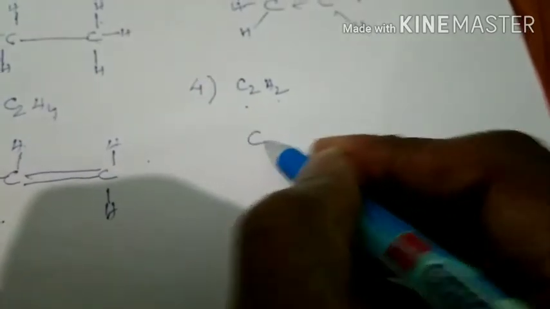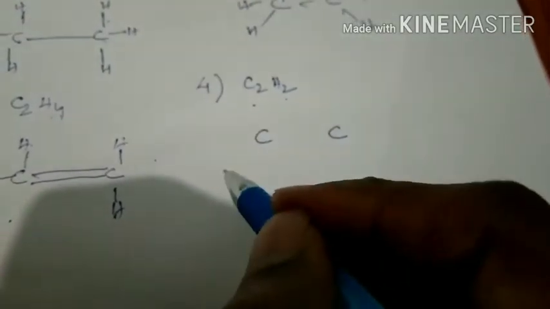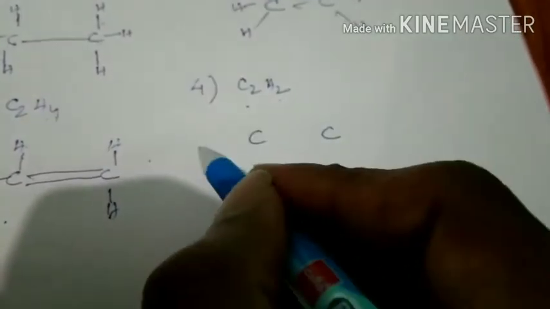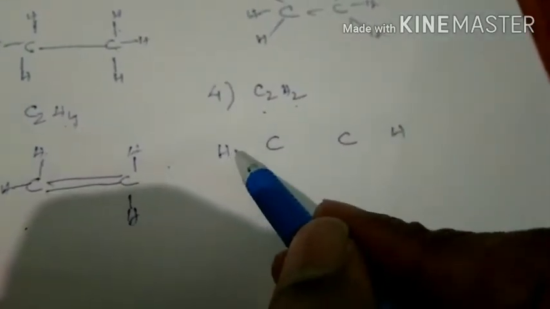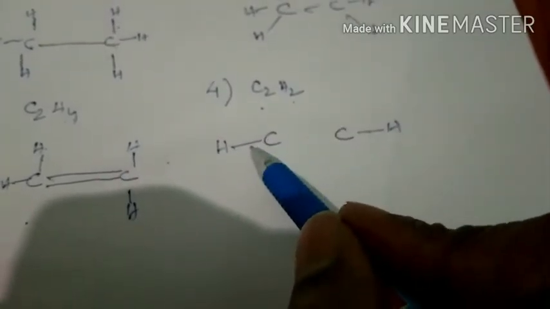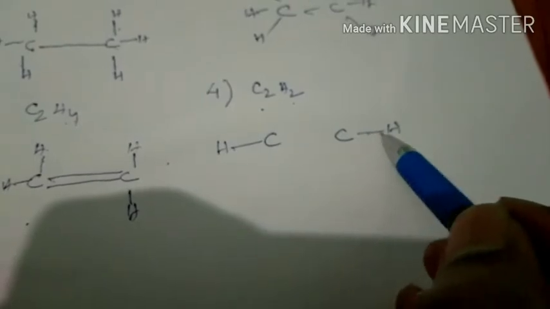First, what we have to do? We have to take the carbon atoms first. Then, how many hydrogens are present here? Two hydrogens, so split them: one hydrogen this side, one hydrogen this side. We know hydrogen every time forms only one bond because one electron is present. Here also only one bond. Now carbon forms only one bond with hydrogen. Here also carbon forms only one bond with hydrogen.